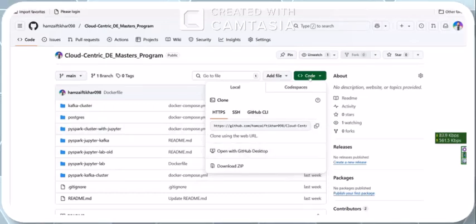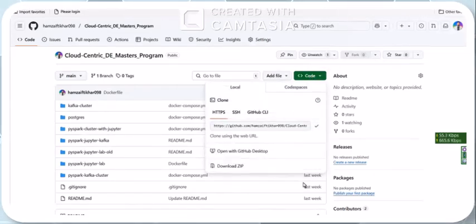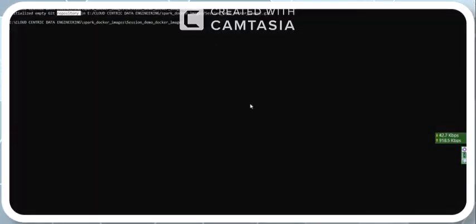Is my screen visible? Yes, sir. All right. So when you come here, just click this green button and copy the link. After that, go to your command prompt and type git clone, space, control V. Git clone is a command that is used to clone any repository into your system. Got it? So git clone